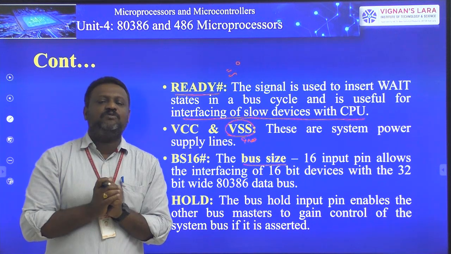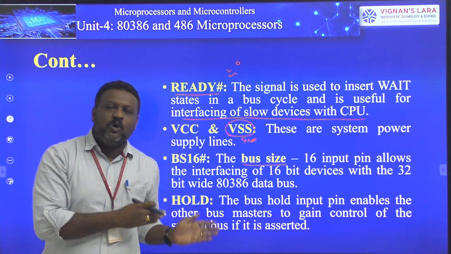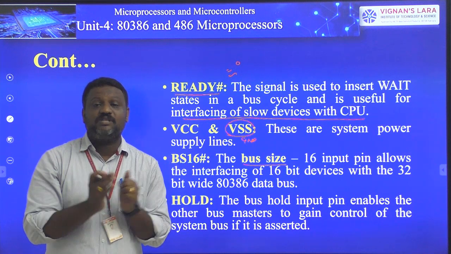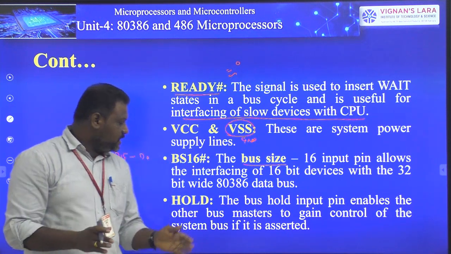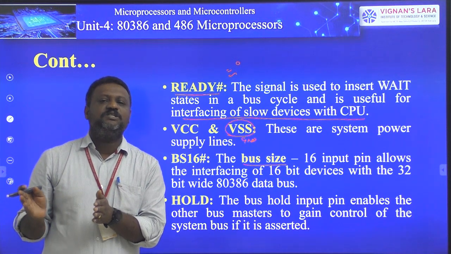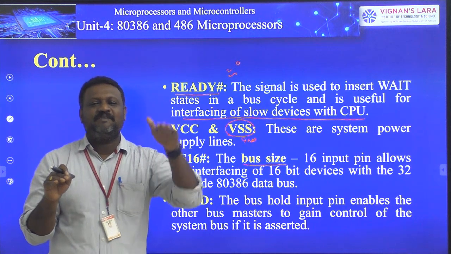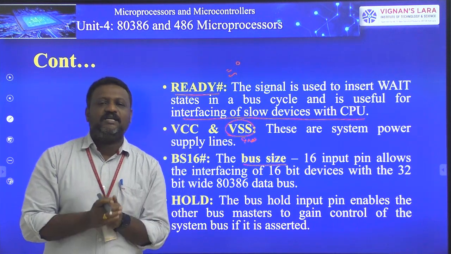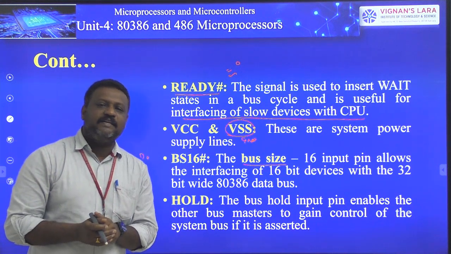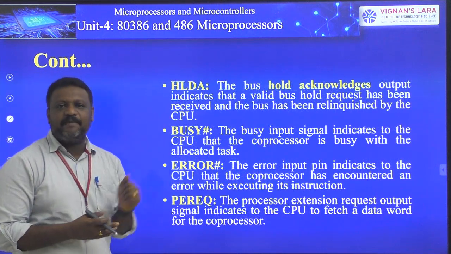One thing you have to remember, friends, your CPU gives the highest priority to a hold request compared to any other interrupts the CPU can receive. Why? Because this request can be generated by some other controller present in your system, so its priority is more or less equivalent to our CPU. So your CPU gives the highest priority to hold request compared to any other interrupts. Fine. And the next one is HLDA.